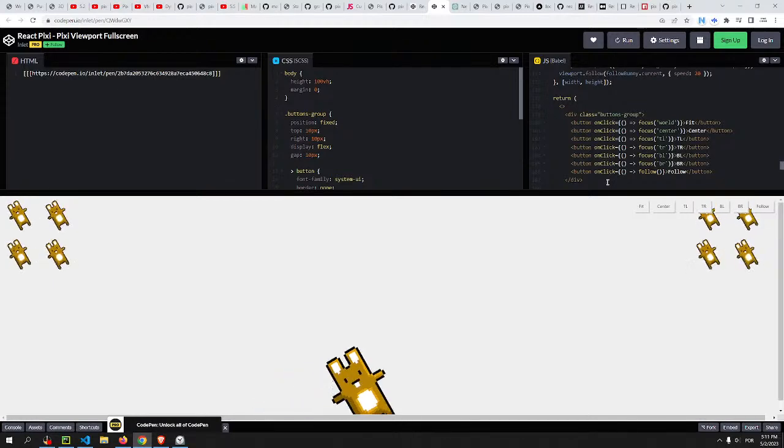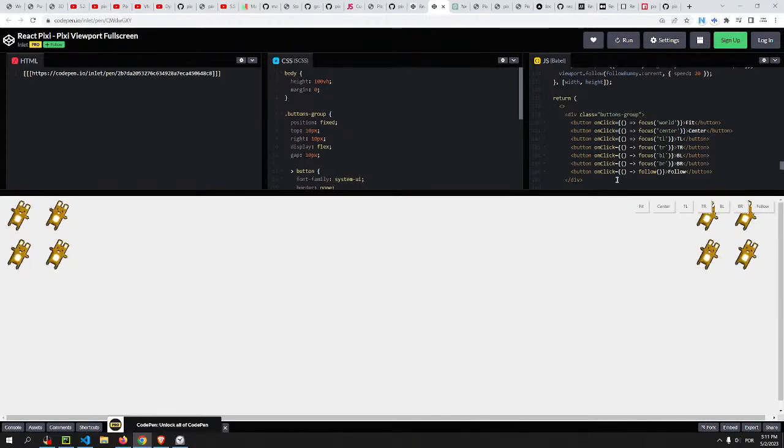I watched the videos about the reconciler as well, and now I think I understand better, but still the actual source code of the library I don't understand really well, like why they did the things the way they did. But the fiber is like a layer between the reconciler and the